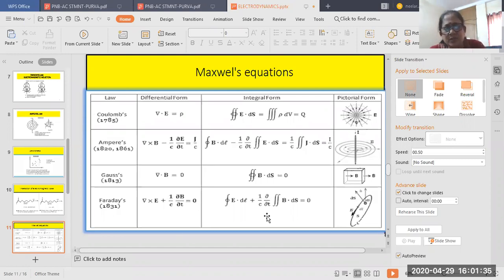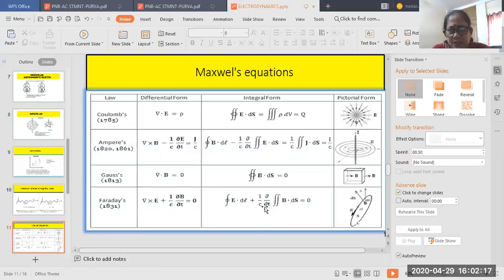The same thing is written here. You can see he has shown this is the direction of E. The charge is moving here, and this whole thing is the area element, dl is the length element. You can see ds has a direction, so he has shown ds as a vector here. And what is n here? It is a unit vector along the direction of ds. So vector ds equals n times the magnitude of ds. This is a loop, so this acts just like a dipole. Similarly, in the integral form you can write the closed loop integral of E dl, which is the net change in the electric field.